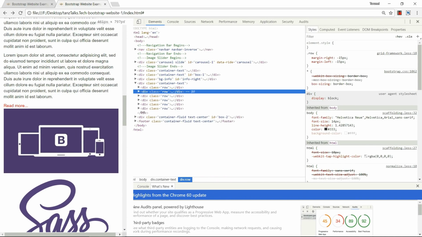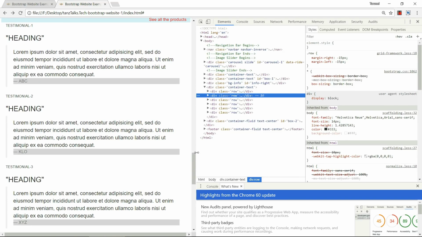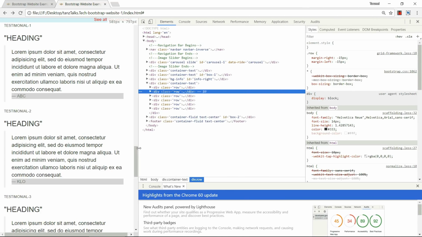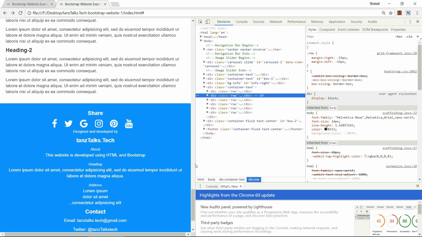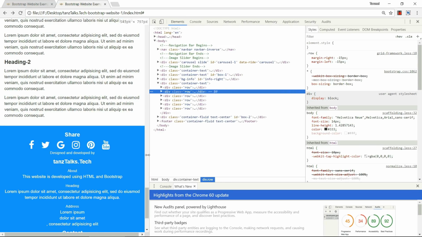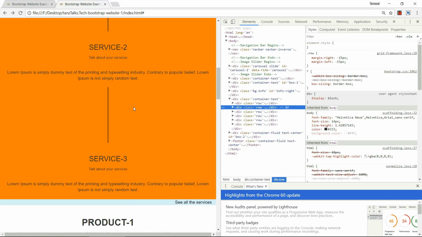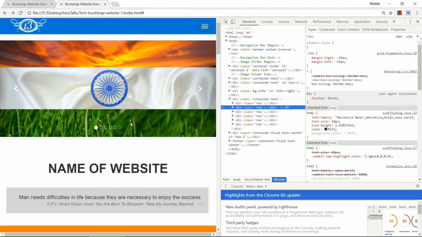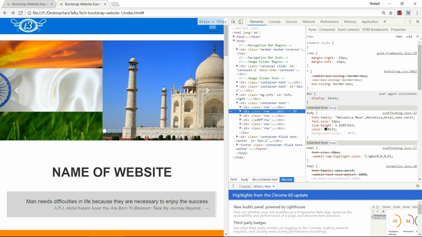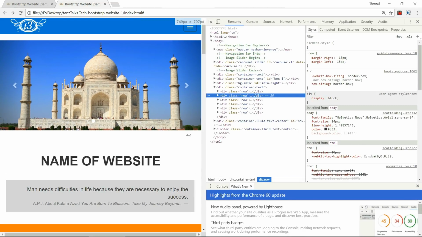You can see 3 columns collapsing into a single column. You can even see the size of the screen in pixels. Now in smaller screens, we do not want this vertical line to be in between. Carousel is working fine, but this vertical line is not fine.